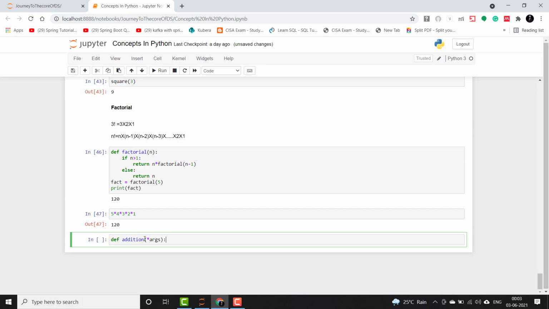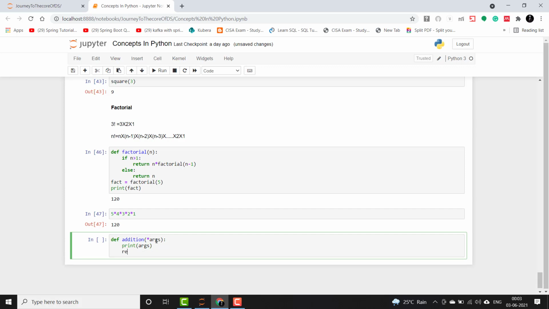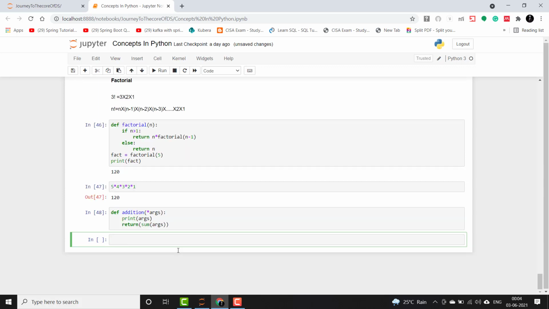This represents, guys, that these are not just a single variable but multiple variables. Then I will print those args, and then I will return the sum of those args. So this will create a function. Now how will we call it?